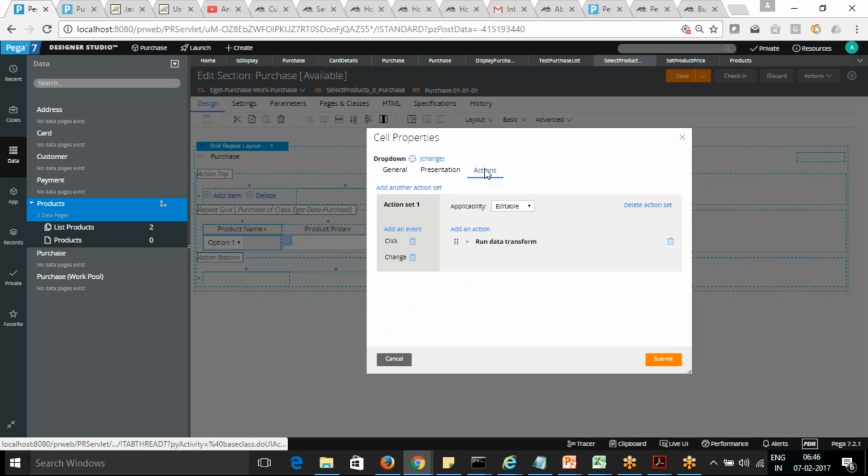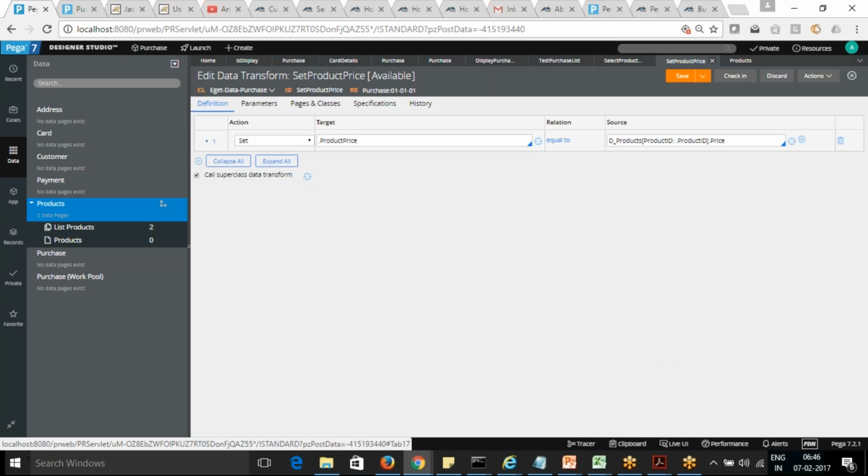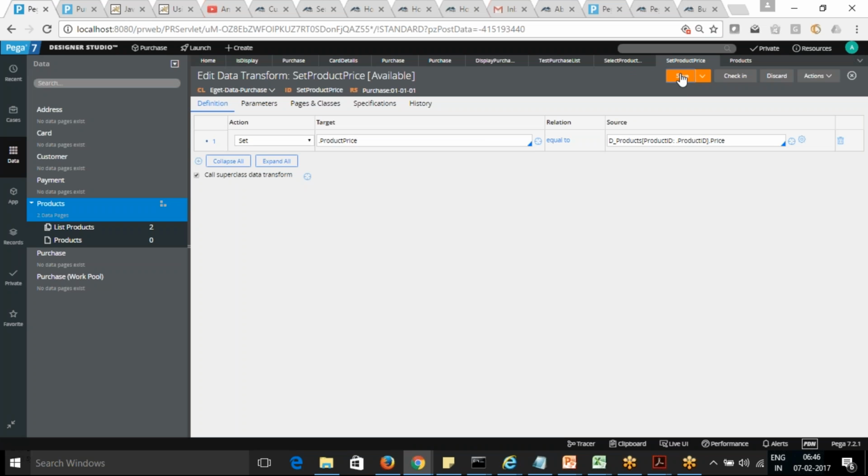This one. Action, this one, run data transform. When we are selecting this corresponding product, there we are defining, right? Can you please explain? Yeah, just a minute. I shall run it and then I'll explain to you. Okay, let's see.